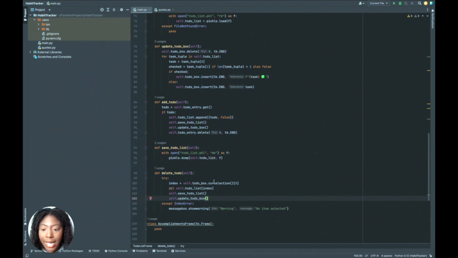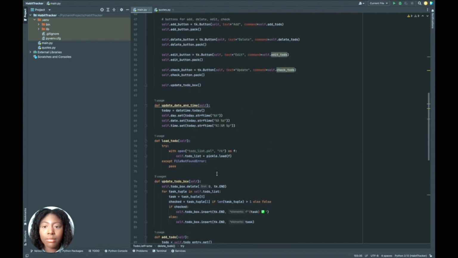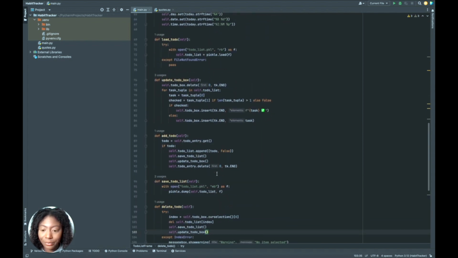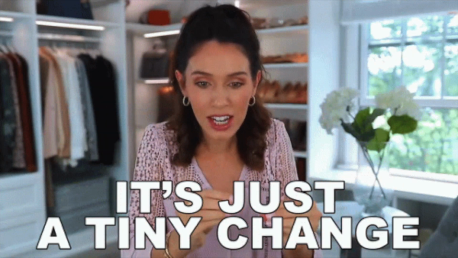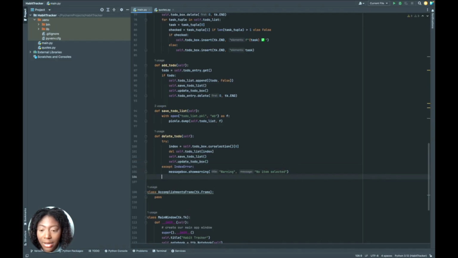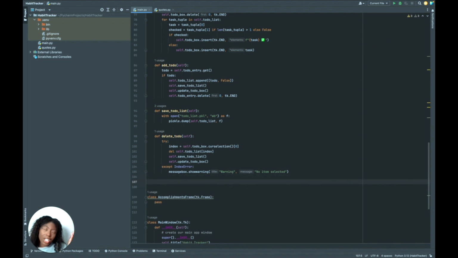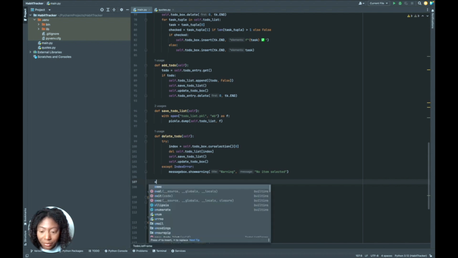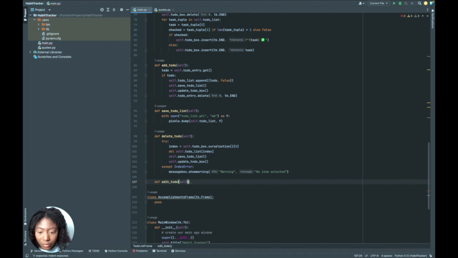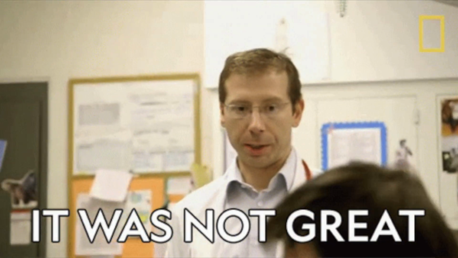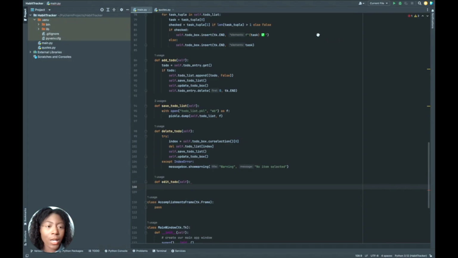Okay, so now let's work on edit to-do. Basically, you can edit the text of your to-do just in case you misspelled something, or maybe you want to slightly change what your to-do is. So let's do edit to-do. Great. Let's use the same try except block from before, and let's display a warning to the user. So we can actually copy